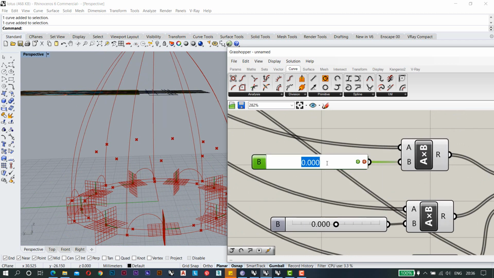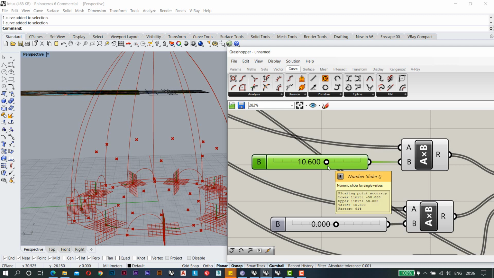Here the value is 10.6, and this will be again minus 0.5.